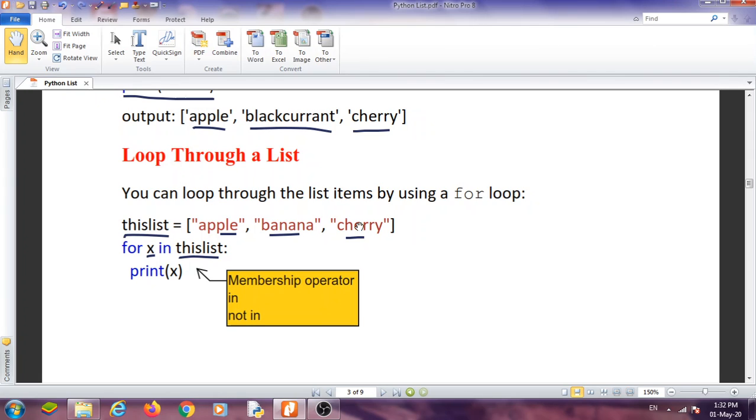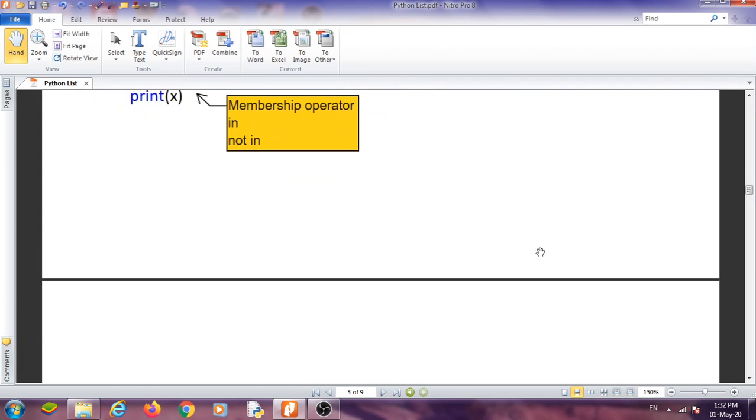And then cherry will be found, the in operator will return true, and the print of x, cherry, will be displayed. After that, x will try to read from the list, but there is no element left to read, so the in operator will return false, and in the false situation the block will not execute. So this is the logic of the membership operator.